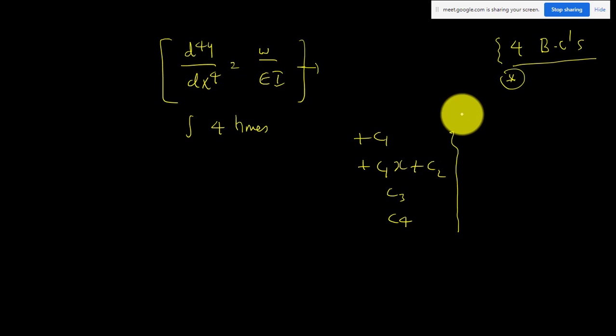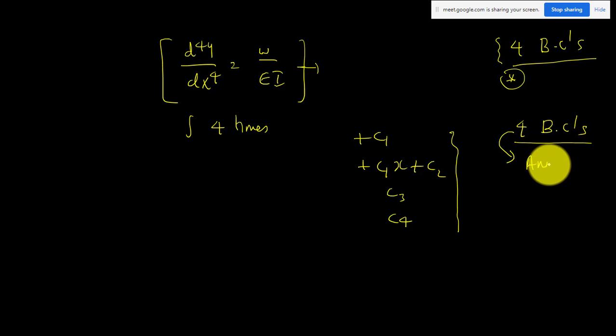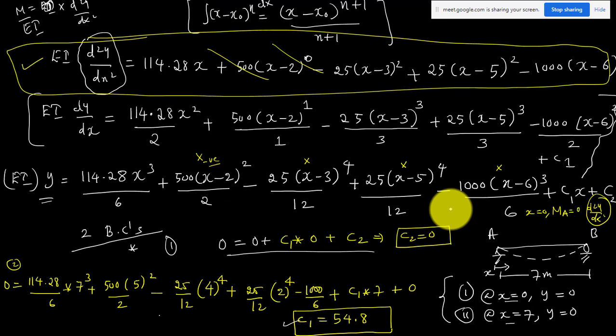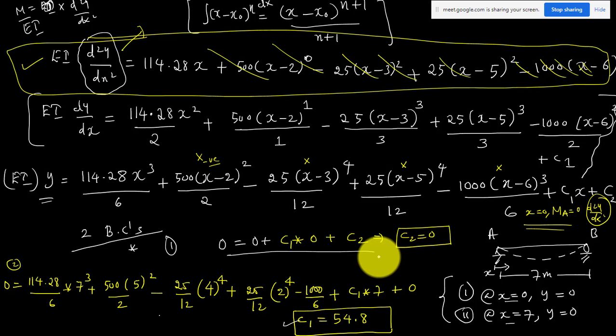But in the previous problem, today's class, the beam is simply supported, so from the boundary conditions I have to use any 2. How to choose those 2 is what you have to understand. If you choose the 2 boundary conditions in terms of moment, you won't get any benefit because the moment equation is this one and there is no constant in it. We started our integration from this moment equation, so there is no use of going for these 2 boundary conditions in terms of moment in this question. That depends on the question.